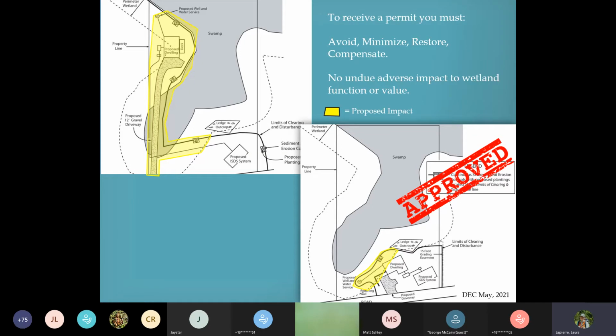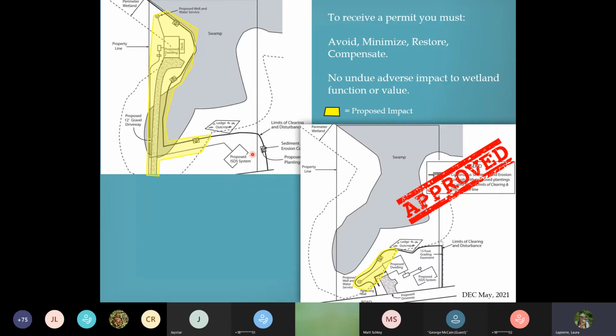So here I have a visual display of a non-stormwater project, but you get the idea where someone's proposing a house way in the back of their property. It would require them to drive through the wetland, needing to fill the wetland. There's utilities going in through the buffer zone. Almost the entire house is within the wetland buffer zone. So there'd be a lot of impact associated with this project.